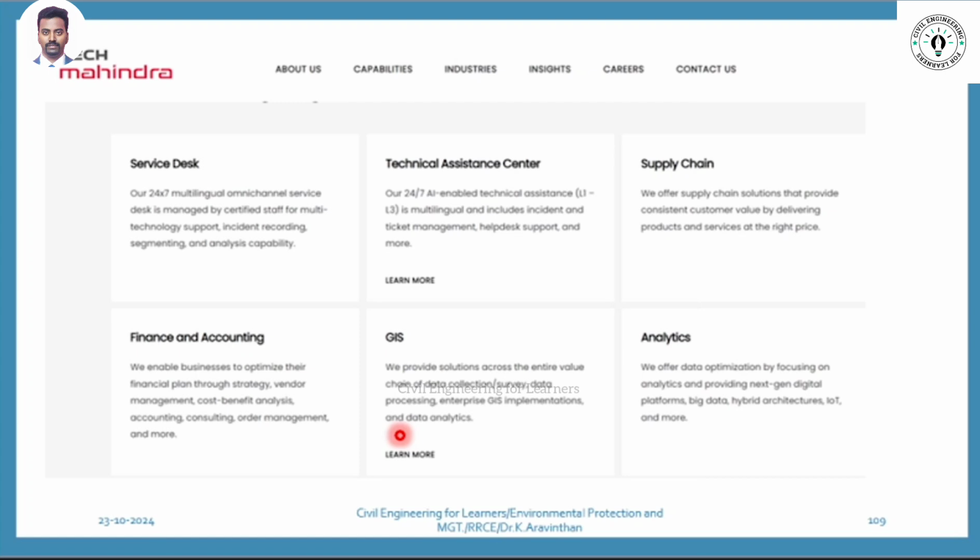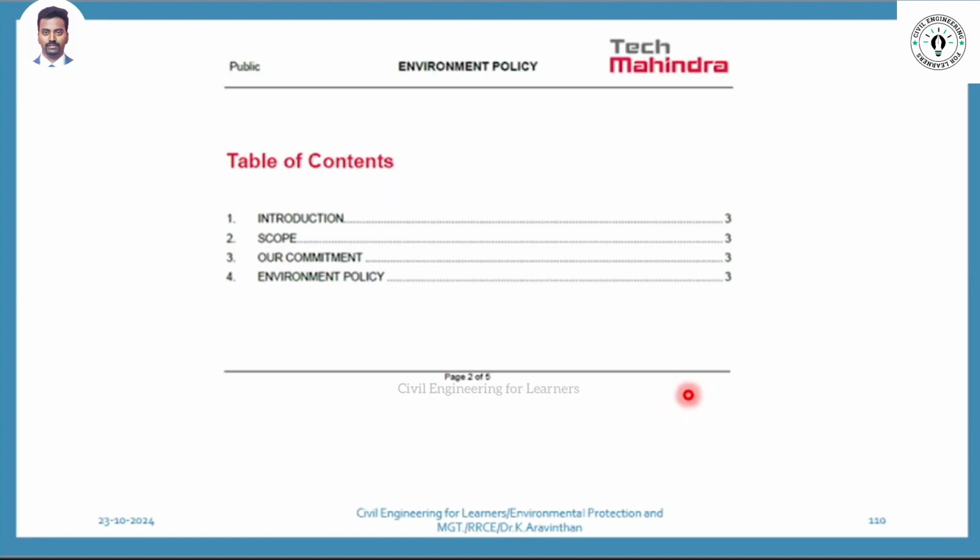So we are using Google Map, no? The Google Map service they also do. Google has its center only in the United States, isn't it? But how do they get data in India? They have all the roads, all the water lines. Wherever you have obstructions, the data goes to Google. How does the data go? Tech Mahindra does that service. They do service for the Google people and they identify the road, the network, and then they supply. So GIS service they do, and analytics. These are the different services they do.